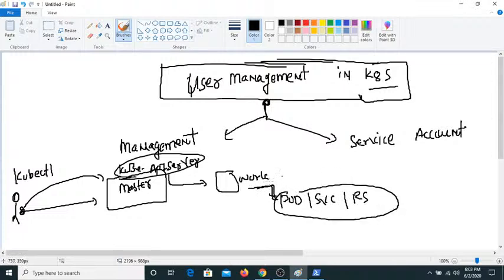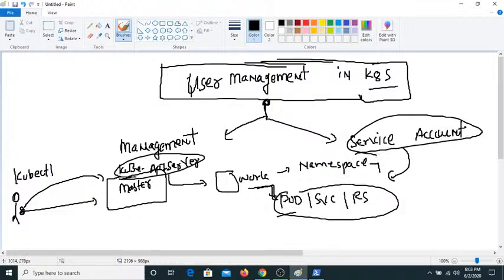So every worker node is configured with a namespace, and that namespace has a service account. So actually who is creating resources in Kubernetes? That is the service account. Okay, so let's say if you are connecting to this, then this is going to authenticate you. I mean, it will check username and password. It will forward the request to the worker node with a namespace. Okay, if this is confusing or not understandable, then let me